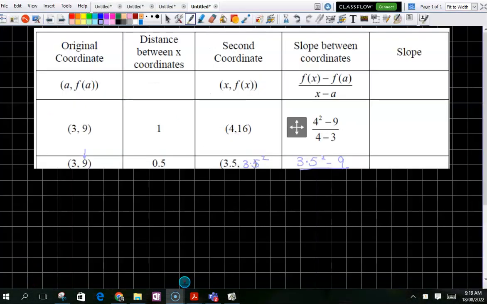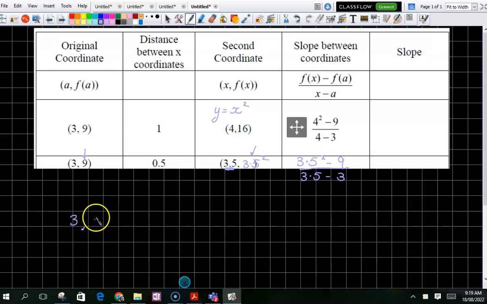Yep. So we're just saying here, your y value is 3.5 squared because this is for the function y equals x squared. So when x is 3.5, we pop it in. So now your slope: y2 take y1, and then it's x2 take x1. So that'll be 3.5 take 3. Happy? You probably don't even have to write all of the ones in. You might get the gist and go, oh, I'm just going to jump straight down to